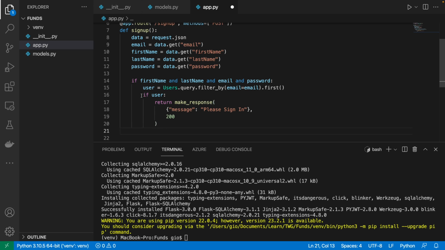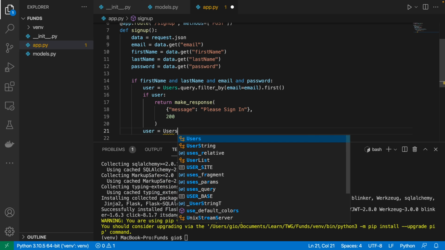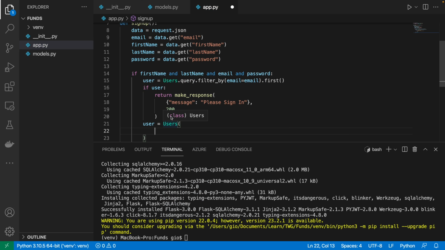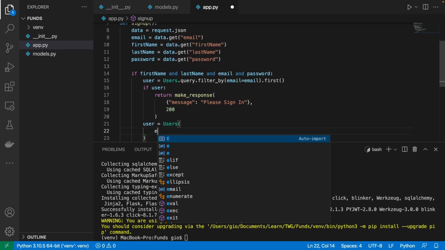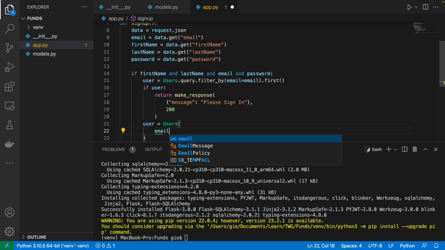Now, if it doesn't find a user, then we can actually begin the process of signing a user up. So we're going to do user is now equal to users. We're going to use that same model to insert into the database. So we're going to create an instance of user and add that to make a row in the database. So we're going to pass in email, and that's going to be equal to email. And we're going to pass in